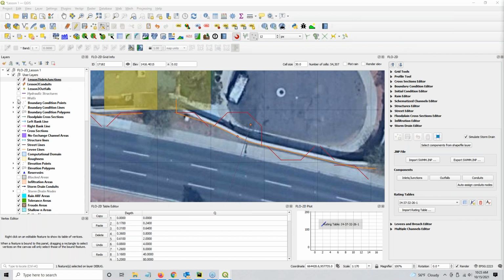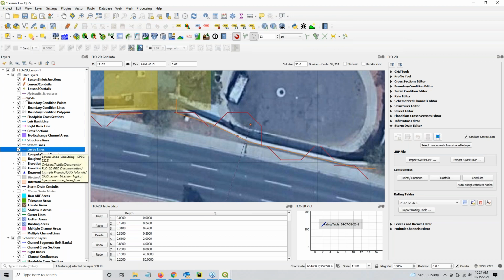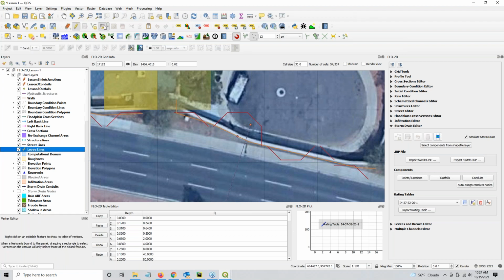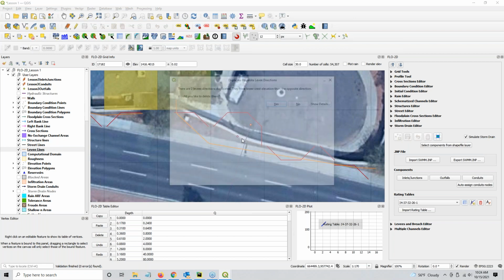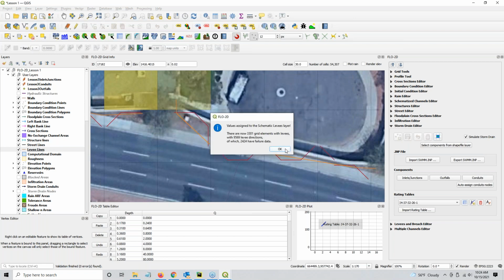So in this case, we would take our levee, and again, I'm either going to use the levee line editor or I'm going to use the source data for the walls. In this case, I can just use the levee line editor, and I just want my levee to be along the bottom side of this grid element. Let's just see what that does. Sometimes you don't need to save the changes, it'll do it for you. And see there,